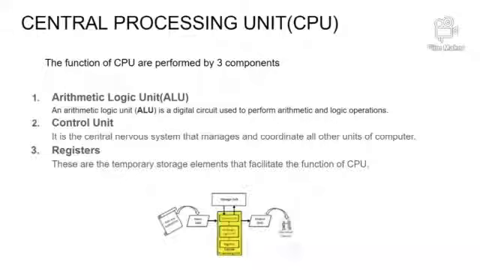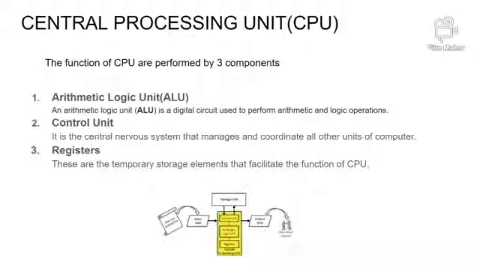A register is a temporary storage area built into a CPU. It is a type of computer memory used to quickly store and transfer data or instructions. So, what kind of data? The data which is used immediately by the CPU. There are a variety of registers. Each is designated to store unique items like data, instructions, memory addresses, results, etc. I hope you understood whatever we have covered till now.